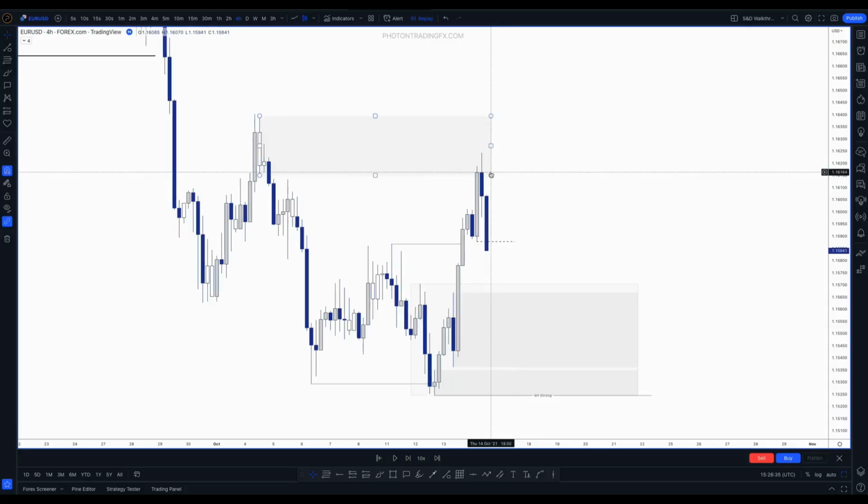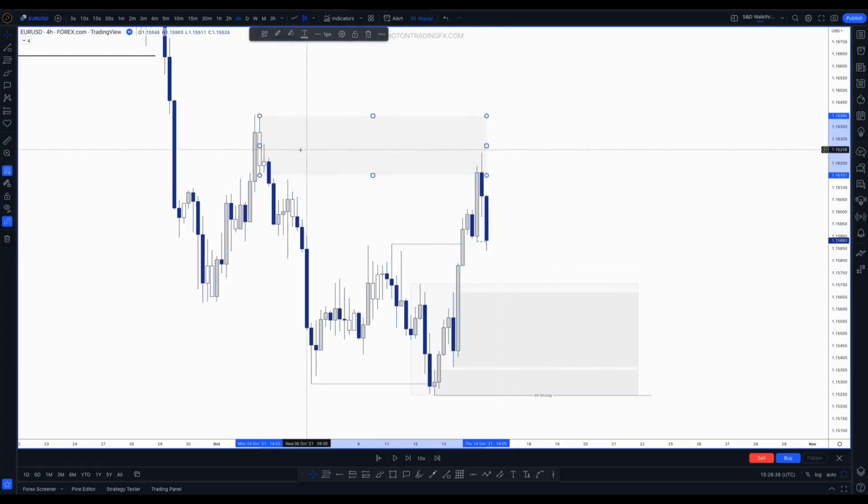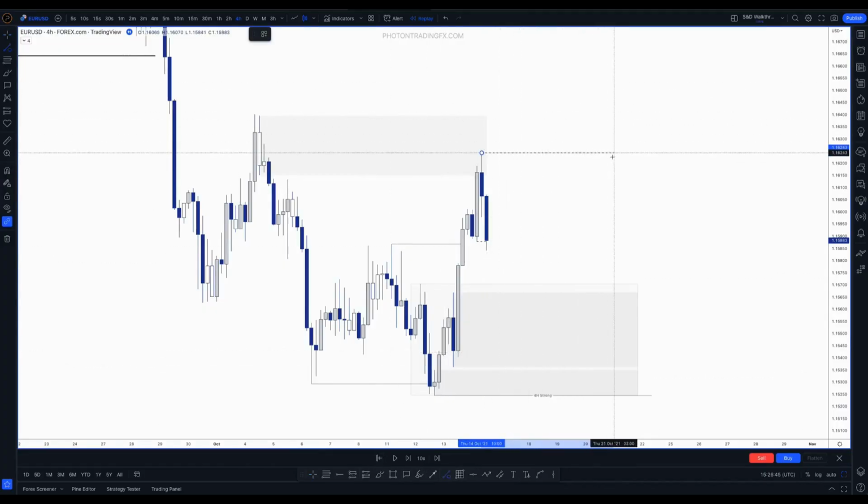Okay, and let's see, now we get the 4-hour bearish change of character. So that's a very good sign that structure's shifting, the supply level is holding, and potentially now we're going to get that deeper pullback, right? It's a decent pullback relative to recent price action. So now I'm going to mark this as my 4-hour